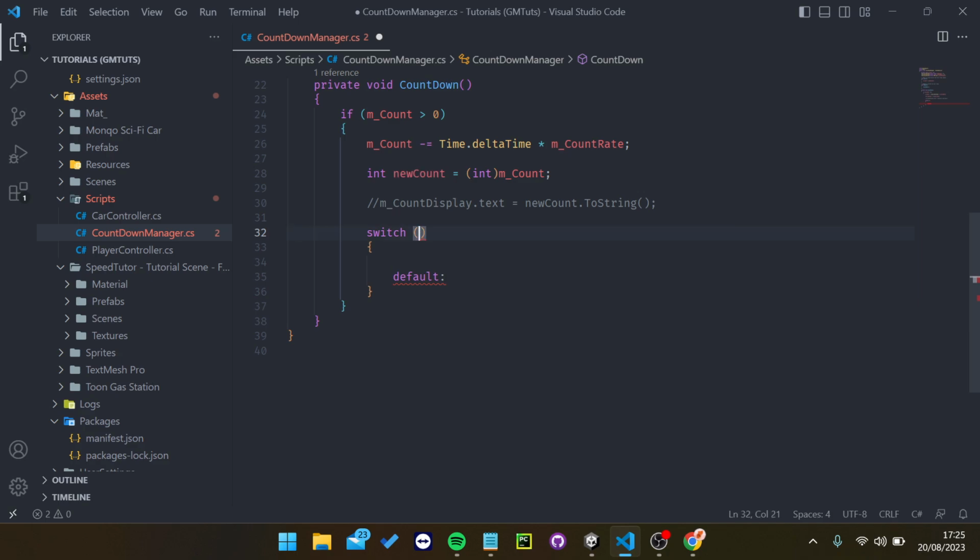So we'll be considering our new count. We'll delete the default case. To declare our first case, let's say case new count is 3. So instead of our count display displaying directly,